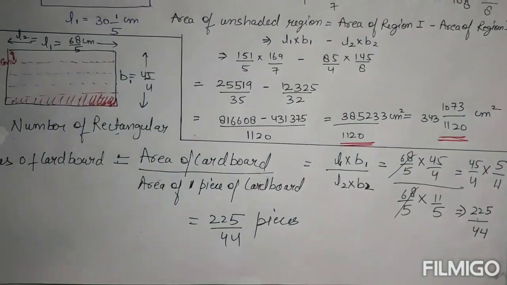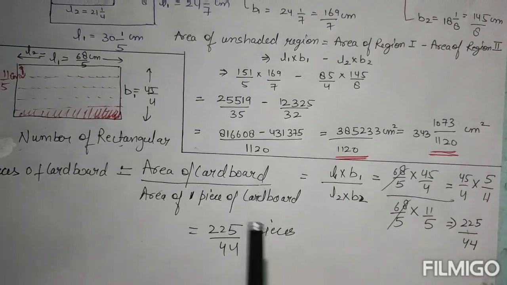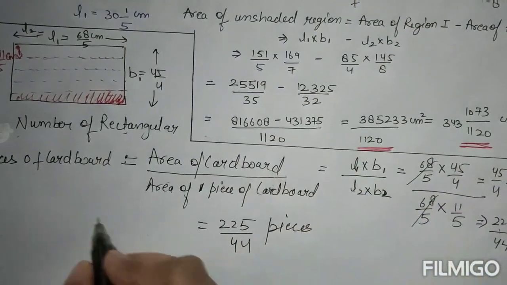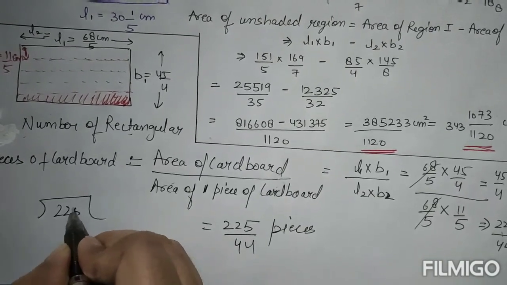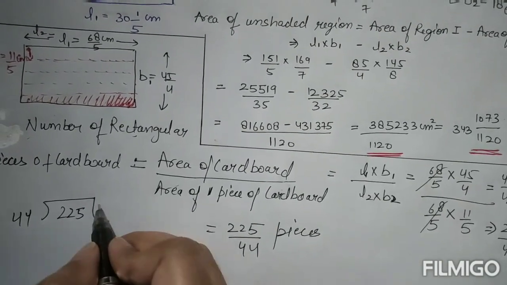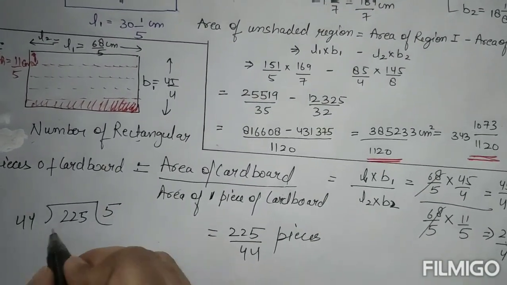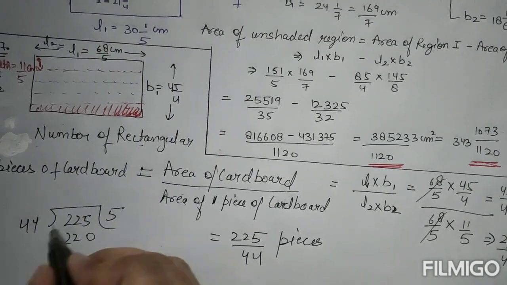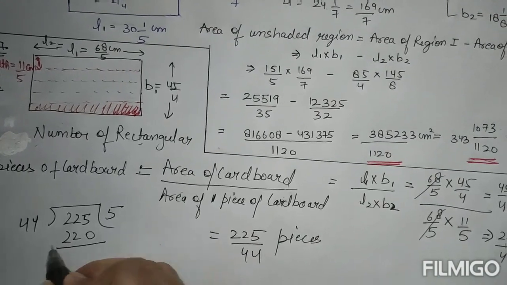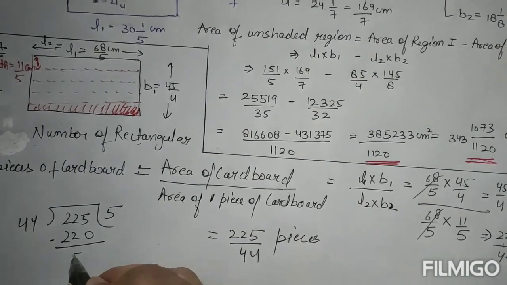Now pieces cannot be in fractions, so what will we have to do with this? First of all divide it. Now look, 225, 44. 44 fives are 220. 4 fives are 20. 220, and your